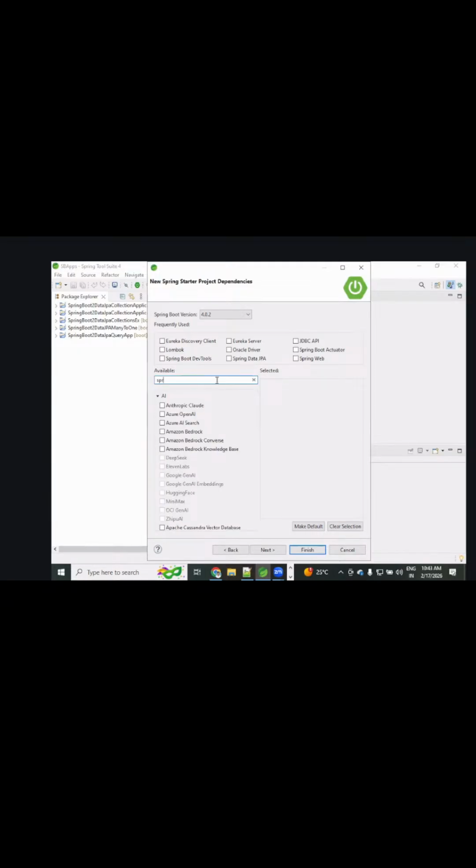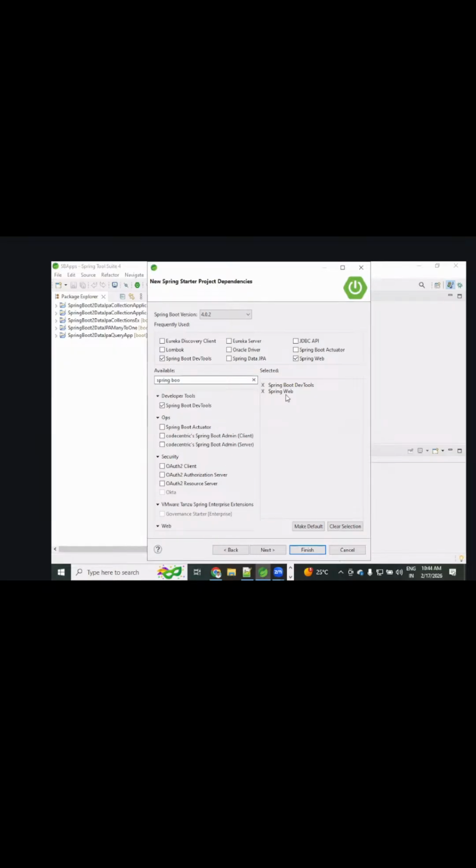Spring Web. I need the Spring Web later on. Spring Boot Dev Tools. These are the two dependencies. One is Spring Web because we are going to develop what? The web application type. Okay.